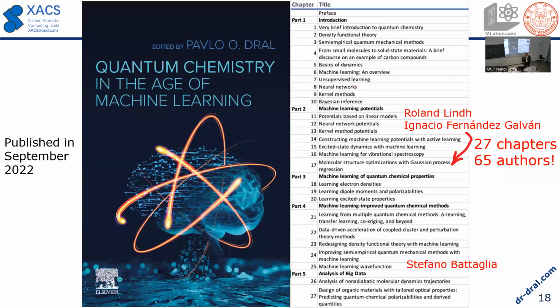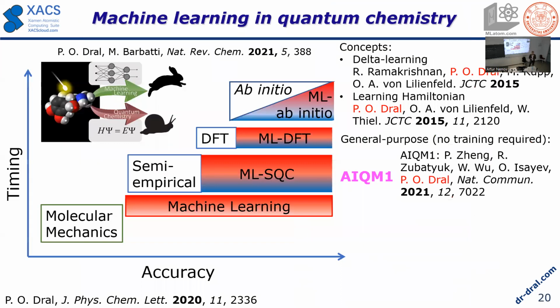But these are three typical ways. About this, you can read more. We just published a big book with more than 600 pages. My connection to OpenVolcas is also visible from the list of authors, because Roland, Ignatius and Pavlo contributed their chapter. So that's a very good contribution to this multidisciplinary book. You can get from this book information about the background of many different approaches. As we saw, there are 37 chapters, so I'm not going to talk about all of them.